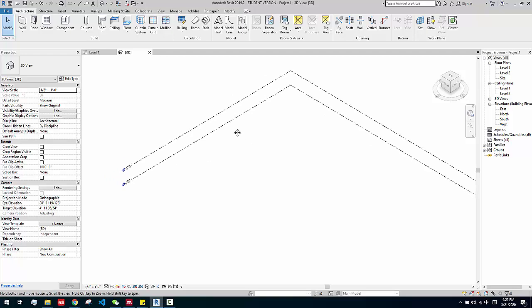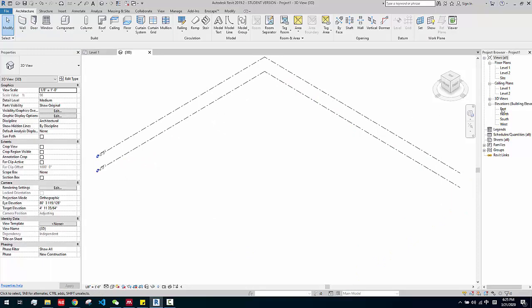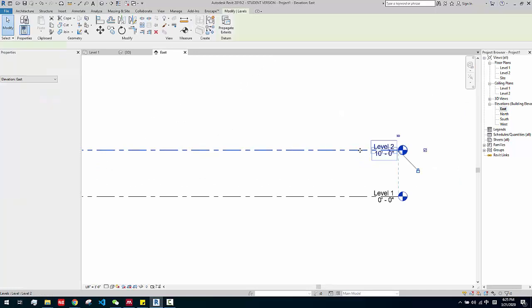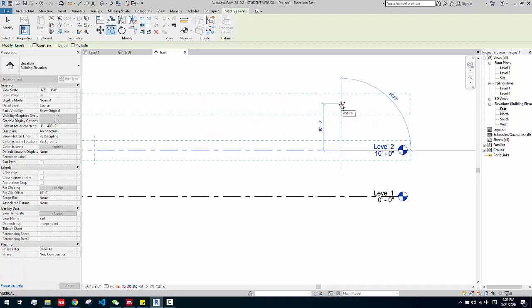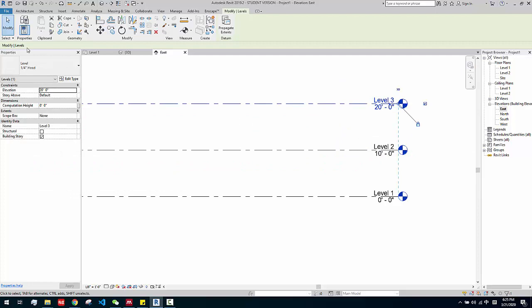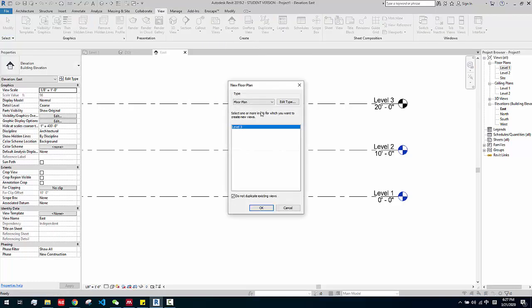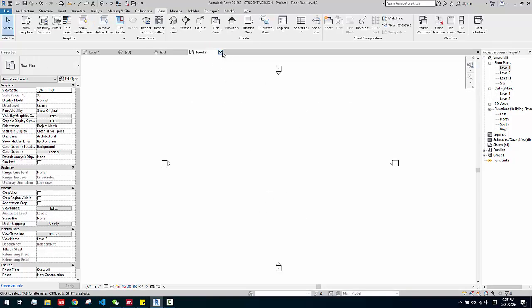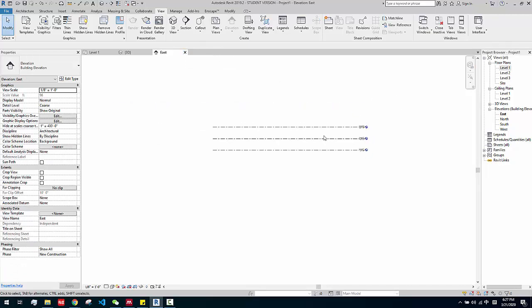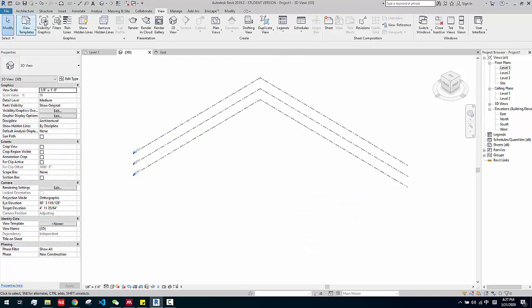And for doors, we could go to east and look at our levels. For example, this one level we can actually copy. Let's do another. So I have 3 levels. Nice. So we could go to views, go to floor plan, and you can start to create a new level. So that's level 3 here. Anyway, that's what we do. We try to add a new level. That's the point. If we go back to here, so we have 3 levels, and we can start to draw a